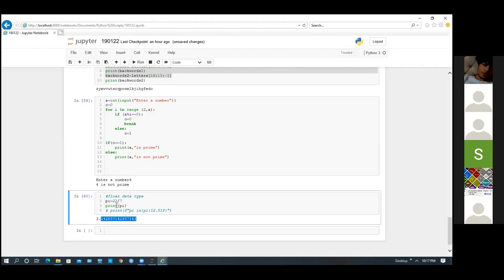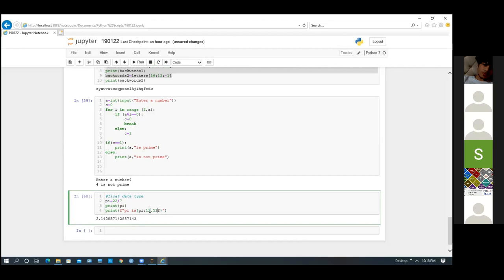But suppose in case of some data science related work, you need more decimals to be more precise. Then we will be using this. Print, you have to write f. This f means float. Pi is, then you have to write 12.51f. This is the syntax for writing how many digits.